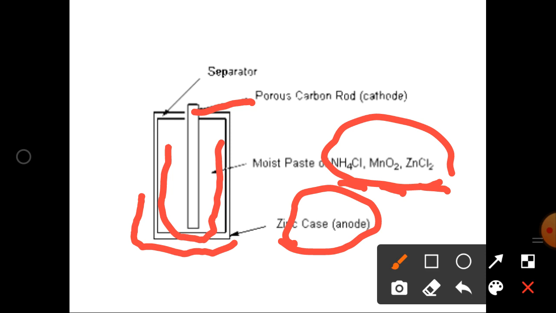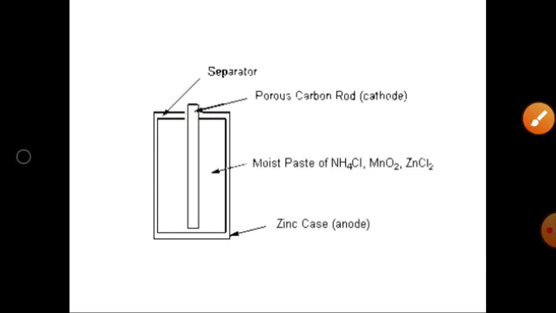and in between the anode and cathode, right? Between this cathode and the zinc container, a separator is placed. The main purpose of the separator is to separate the anode and the cathode, to avoid a connection between them. Normally this dry cell battery is used to create the potential difference, that is, to give a voltage of 1.5 volt. It is normally used in wall clocks, torchlights, and also transistors.